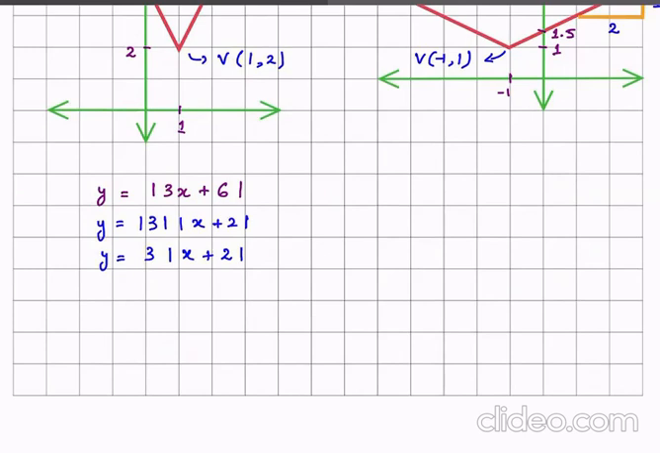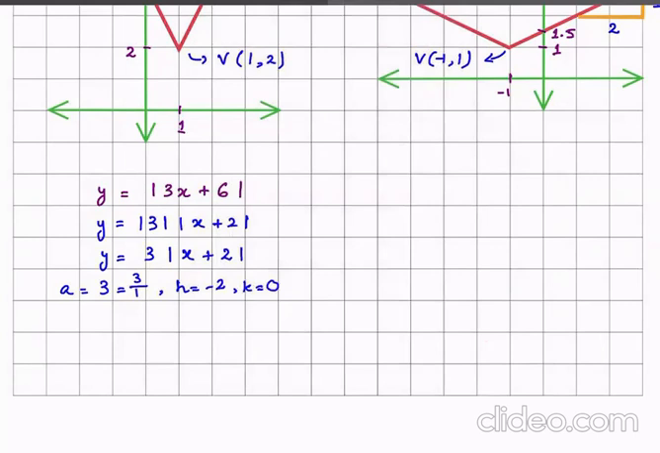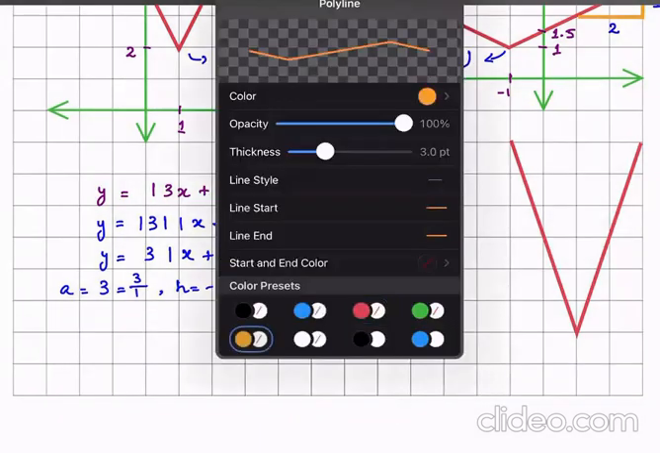So here a is 3, that can be written as 3 upon 1. H is minus 2 and k is 0. So this means that if I am making a modulus graph, the rise is 3 and the run is 1. So rise 3 means that it should be like this. So if I am making a triangle, that's just for